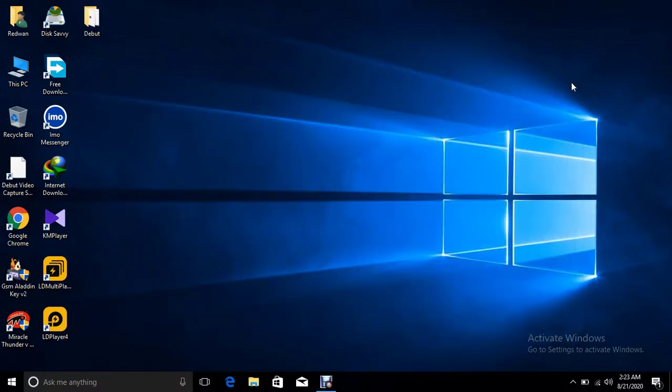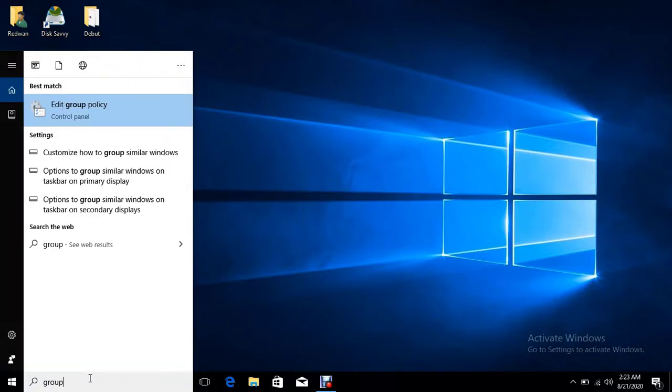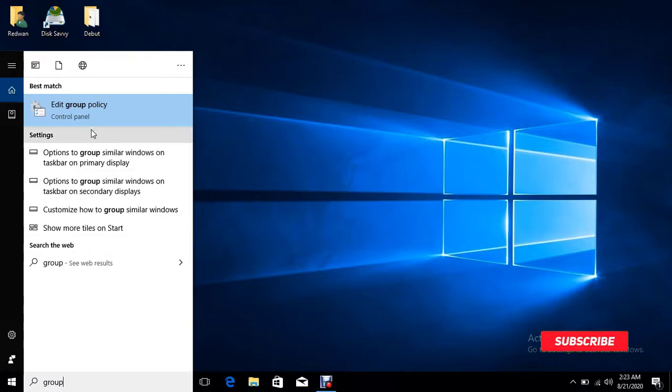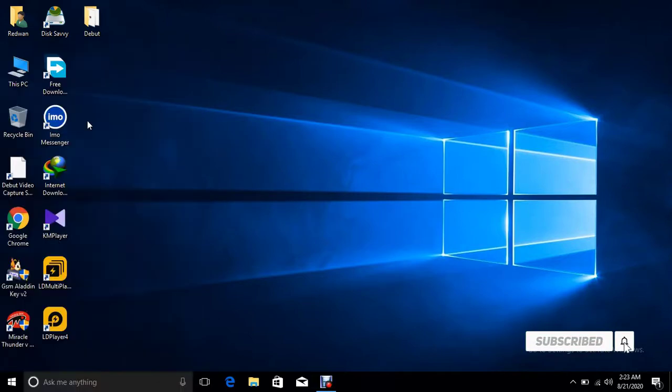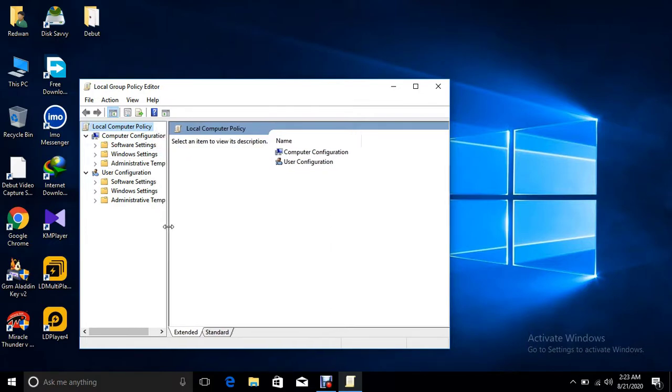Then the next step is Group Policy Editor. So I will go to Edit group policy here. After that I will resize it for better view.